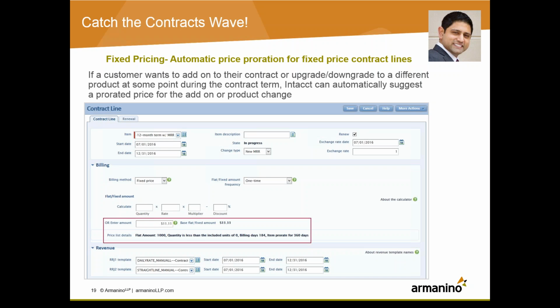If you wanted to, you can override that suggestion for that prorated price by entering it in that box on the left-hand side, or you can go in and say, yeah, this is exactly what I was expecting, and it's as a result of that upgrade or downgrade. The formula that Intacct uses is fixed price times the days in a contract line term divided by the days in the default term. So it's kind of the standard formula for proration. So the nice thing here is it gives you an example and gives you the amount.